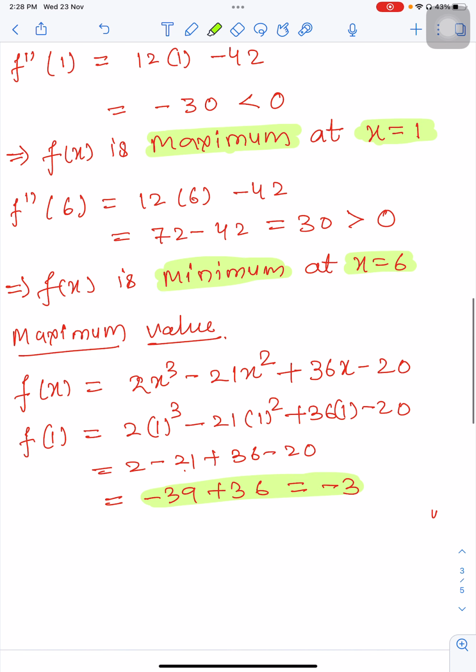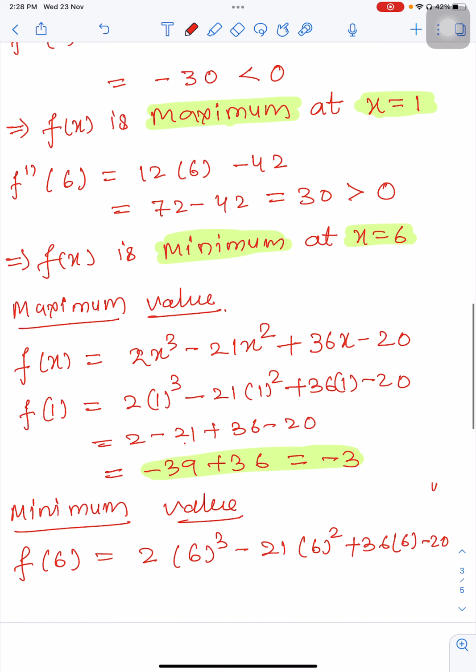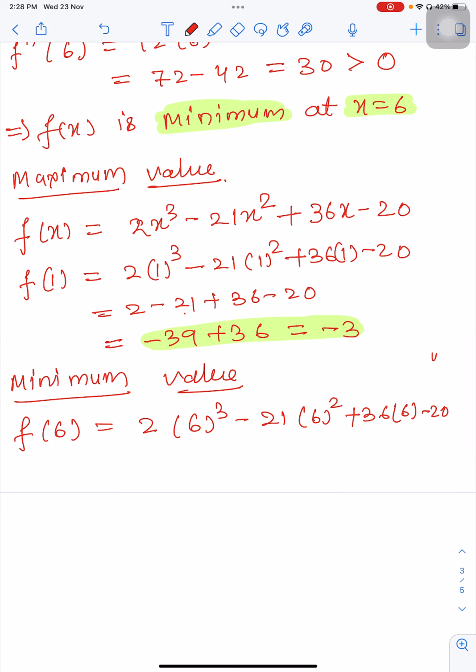Now similarly, to find the minimum value, what will you do? अब क्या करोगे minimum value find करने के लिए? Now you can easily say we'll replace x by what? 6. So whatever this will give us, which will be our minimum value. करेक्ट, ये जो भी नंबर आएगा वो क्या होगा? आपका फंक्शन का मिनिमम वैल्यू. क्लियर? ओके,